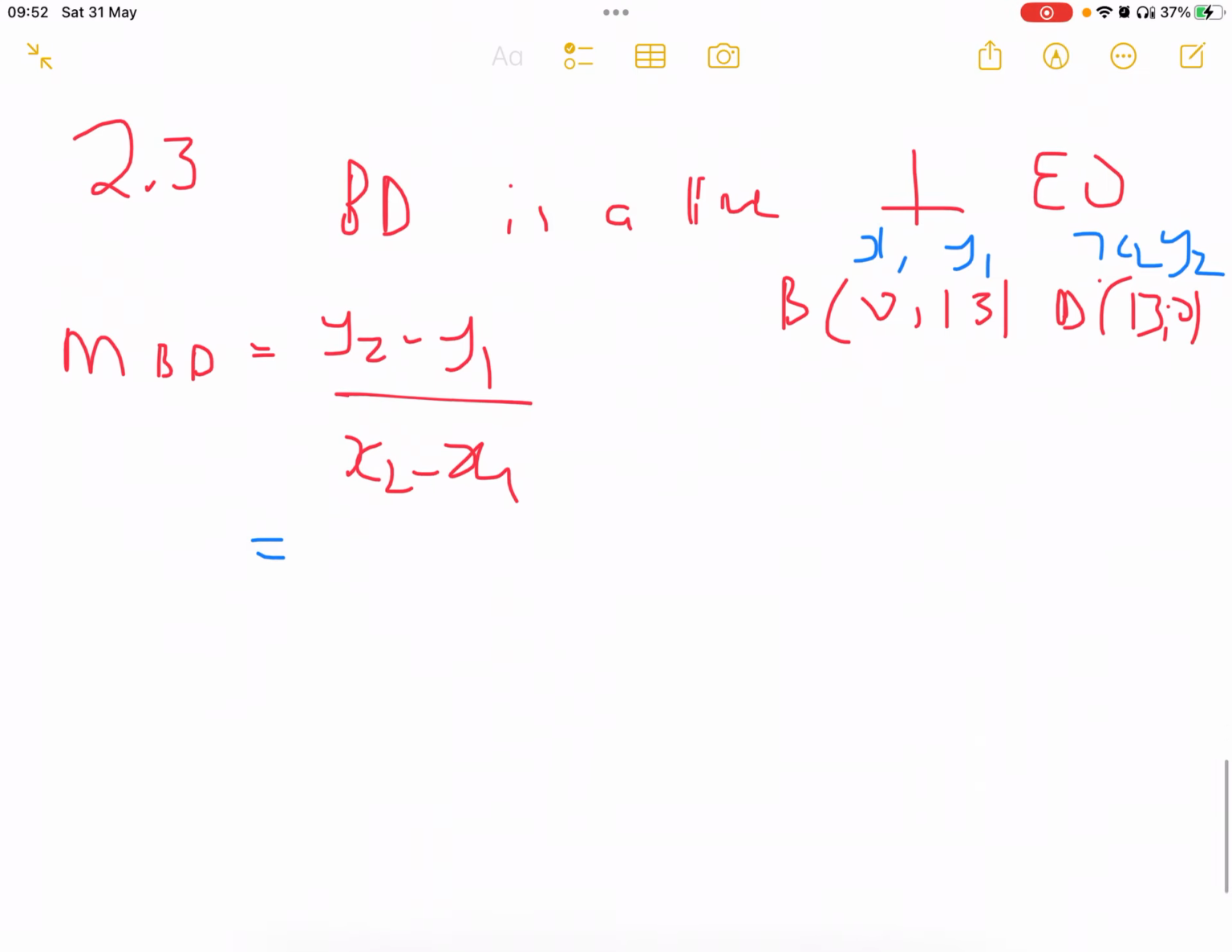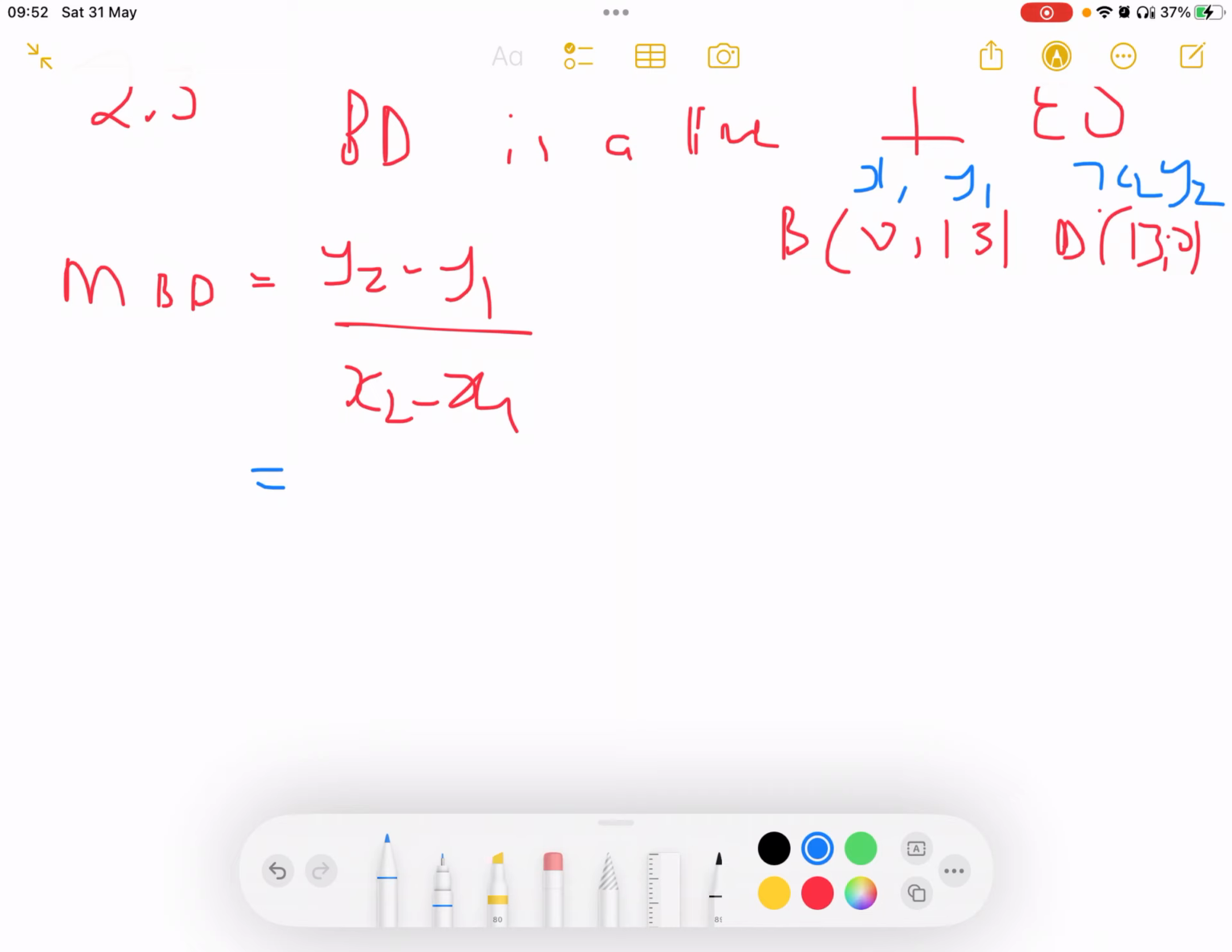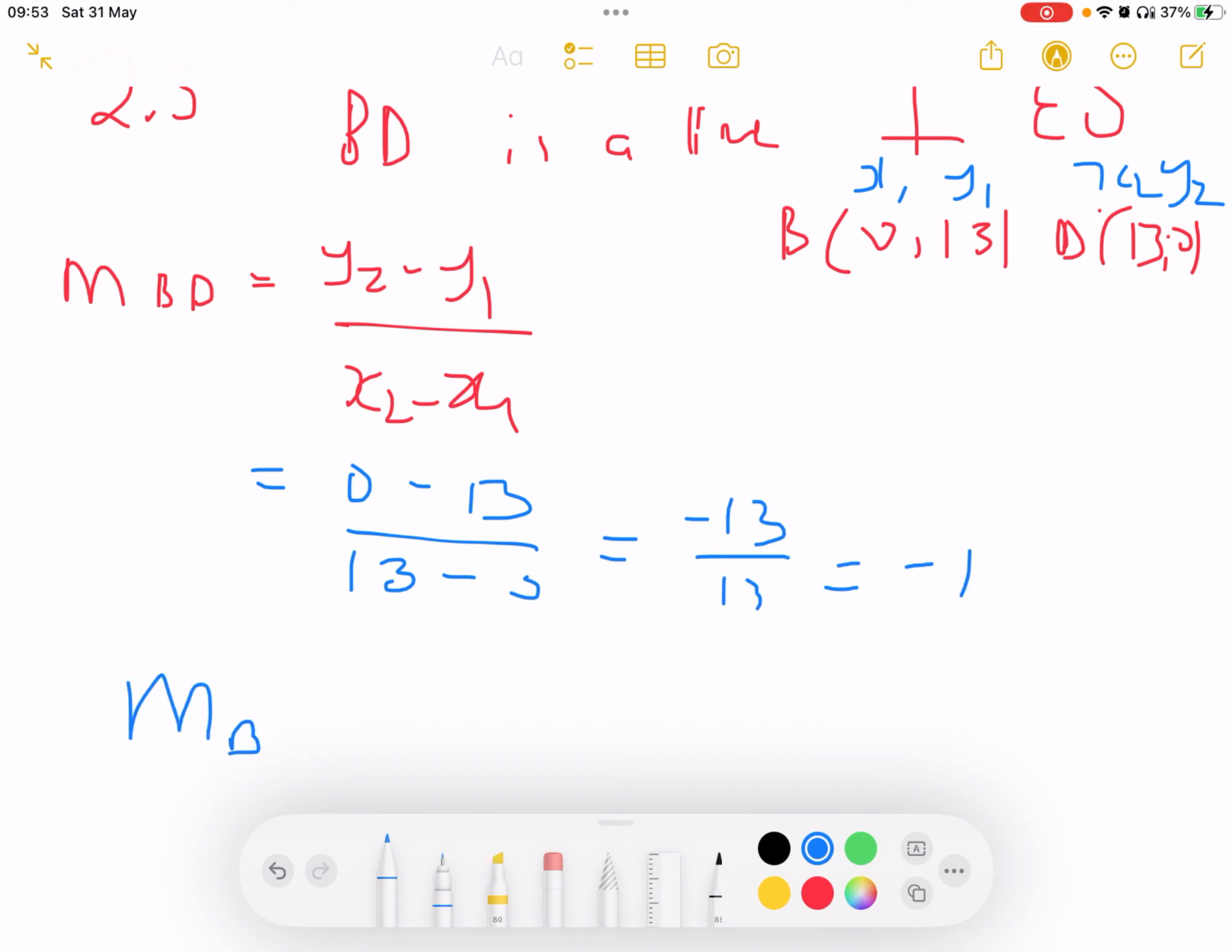And then we can now substitute our values. Y2 is a 0 minus 13 over a 13 minus 0, which gives us negative 13 over positive 13, which equals minus 1. If we say that the line BD is perpendicular to the line EO,